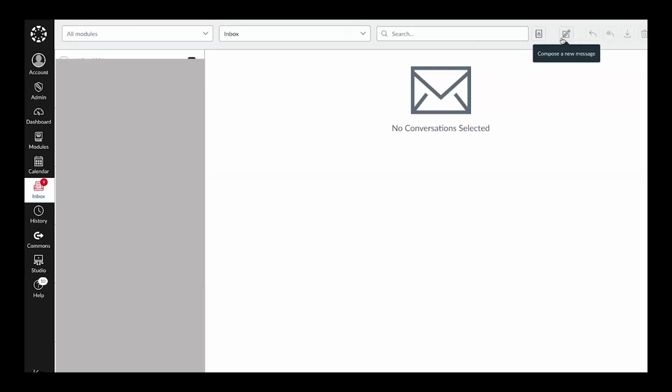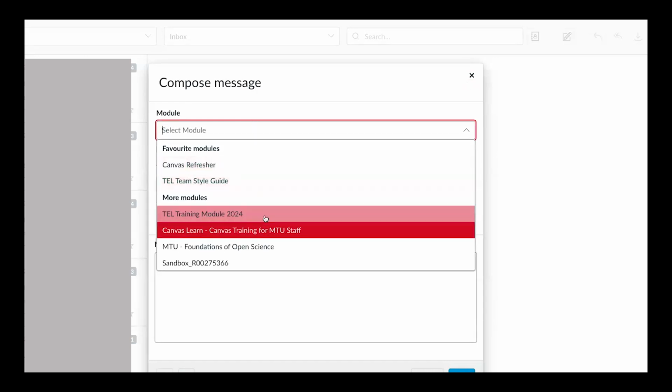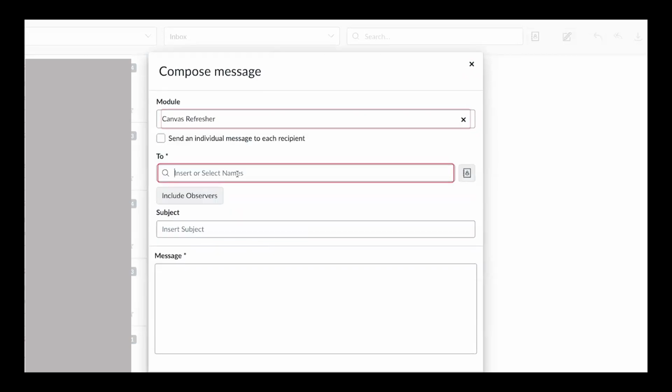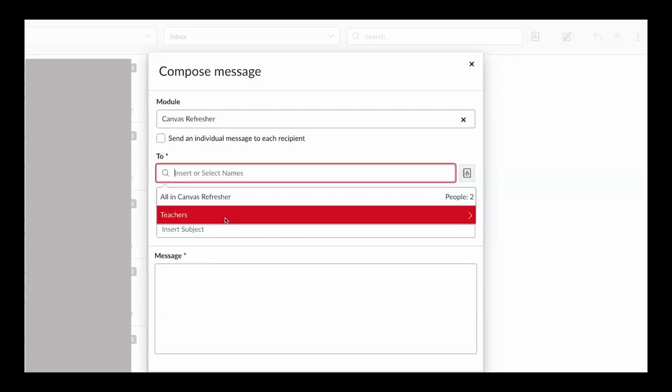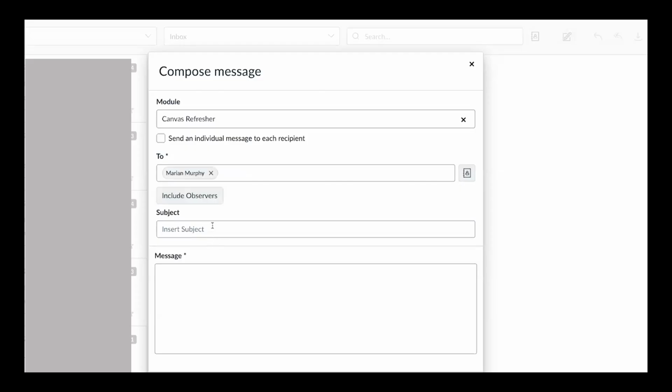So you can see, for example, here, if I wanted to create an email or a message to my lecturer, I can go to the top right-hand side here, click compose a new message. I get the pop-up menu. I can choose the course. So I'm going to say my Canvas refresher course. I'm going to send it to the teachers. So Marion, my colleague who's on the call here, and she's very helpfully adding things in the chat there. I could send Marion an email, say,